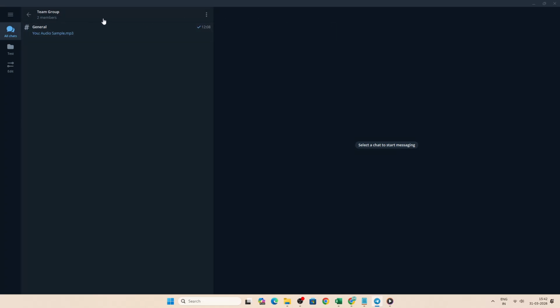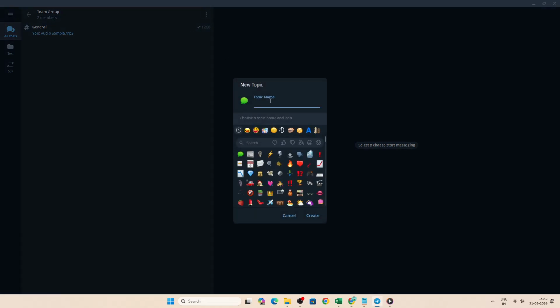Back in the group chat, tap the menu icon. Depending on your device, this may look like 3 dots or a plus sign. And you'll usually find it near the bottom left of the screen. Choose Create New Topic. Give your topic a clear, concise name, something like General for everyday chat, or Support for